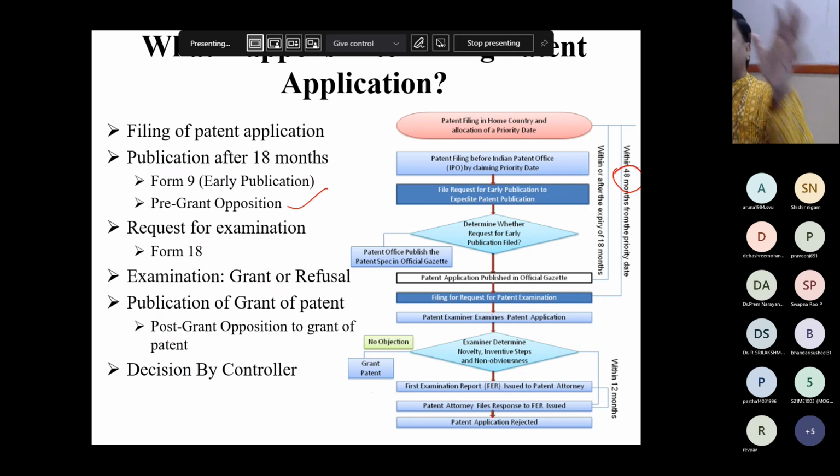So after the publication dates are over, it goes into the queue of examination. The controller of patents, there are several examiners, and there are also deputy controllers. It goes that way, and then it is examined by the examiner. They are supposed to give it within 3 months, but that doesn't happen, because there are so many patents being filed. Once they examine, they will usually give you the FER,